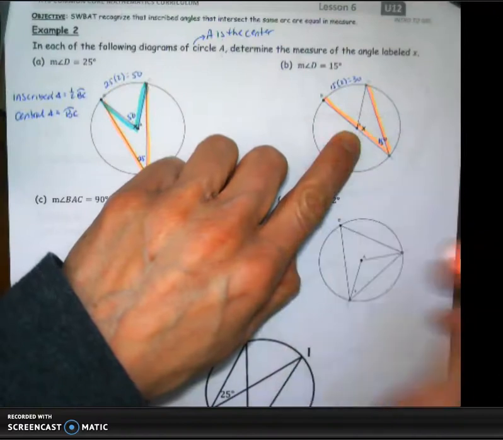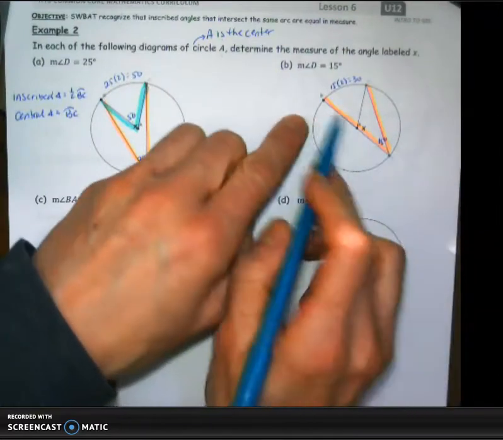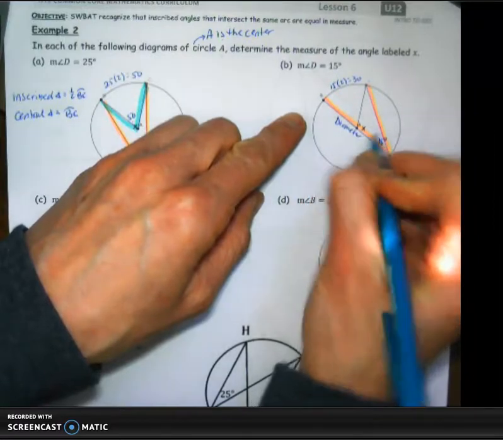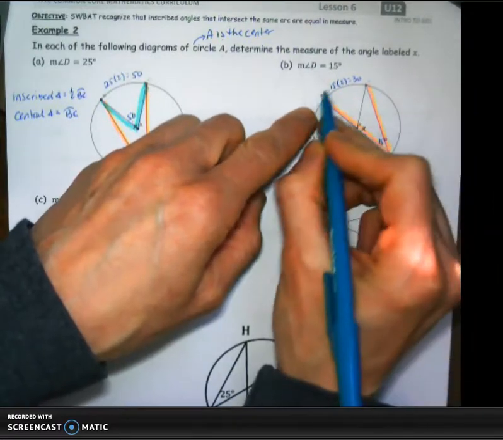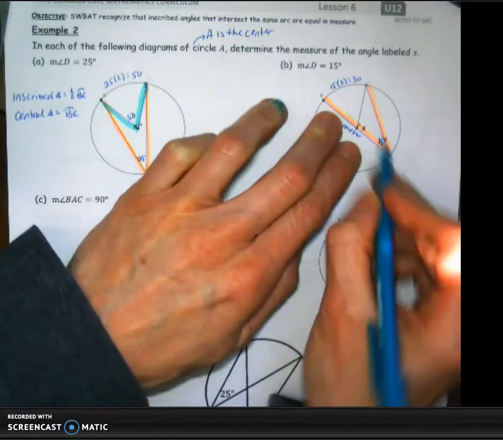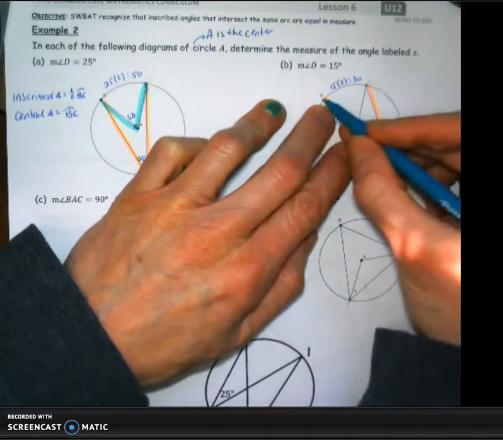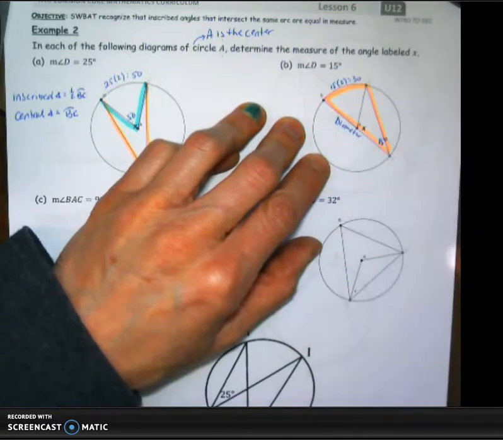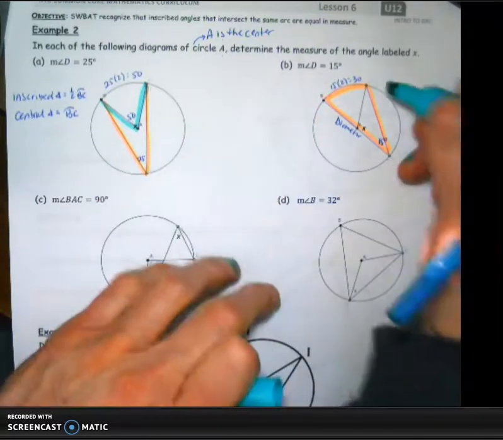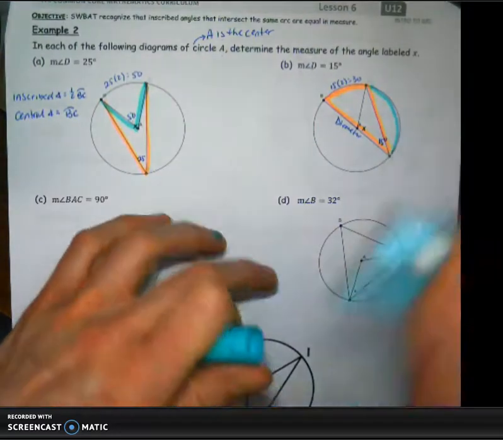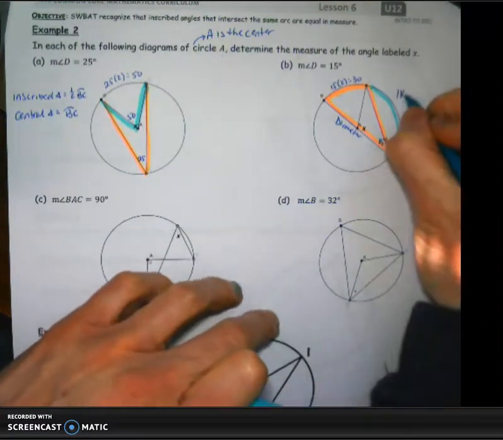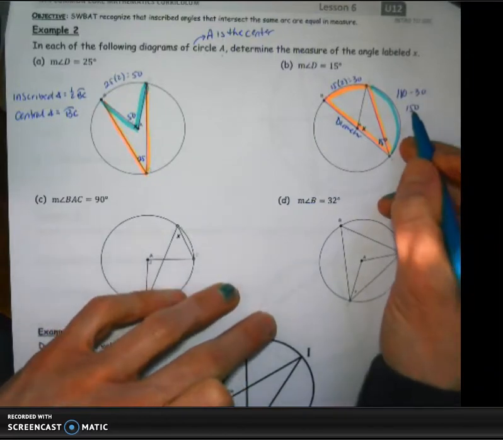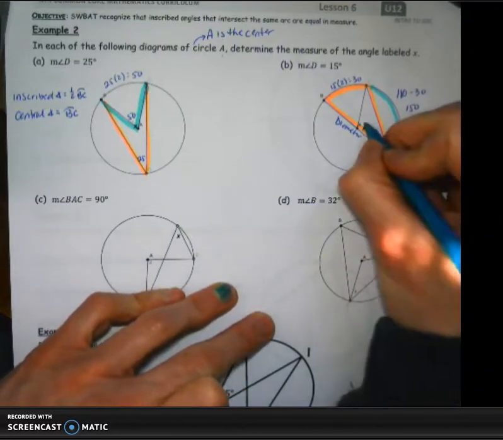Well, there's a whole bunch of different ways of doing this. One way of doing this is you can see that BC is a diameter. And the diameter forms two semicircles, which means that there's 180 degrees in each of these semicircles. So one way of doing this is we have arc BC is 30, which means the rest of this arc forming the semicircle is going to be 180 minus 30. So 180 minus 30, which is 150, and this is a central angle,